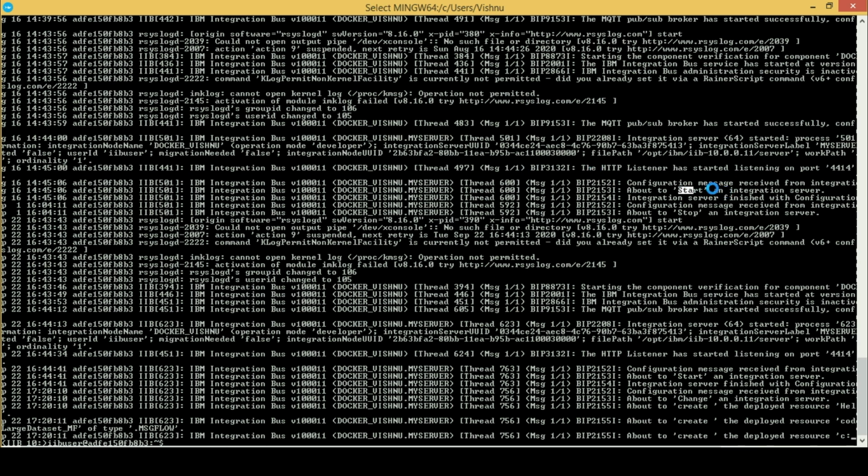Based on your years of experience in IIB, you will learn what errors can be ignored and what errors you have to focus on. See, my logs have multiple errors where it says unable to open queue, and so on. I'm going to ignore them because they do not cause an execution group crash.